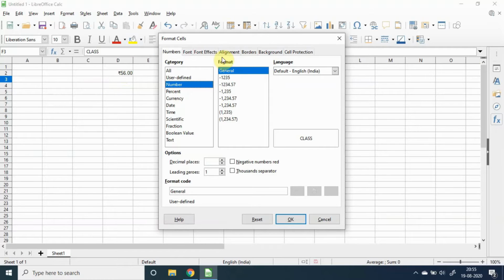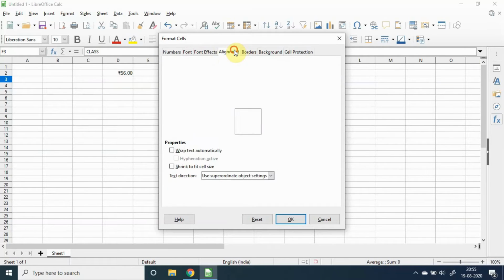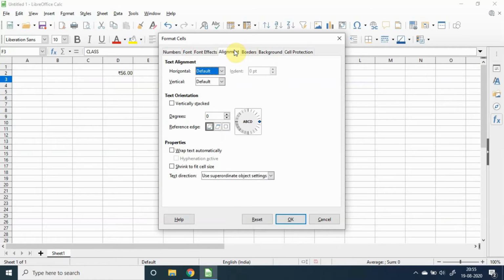We can select the Alignment option. We can see there are different types of text alignment: horizontal, vertical. We can click on this arrow and choose any one of the values we like. Vertical alignment also we can select.